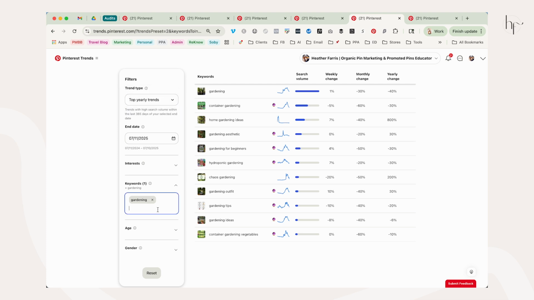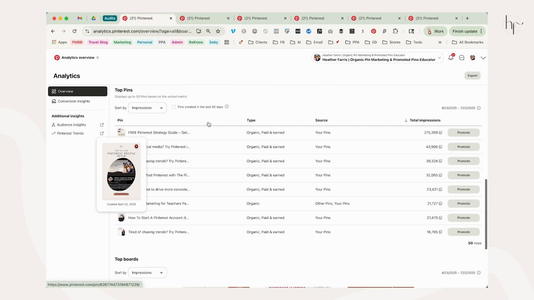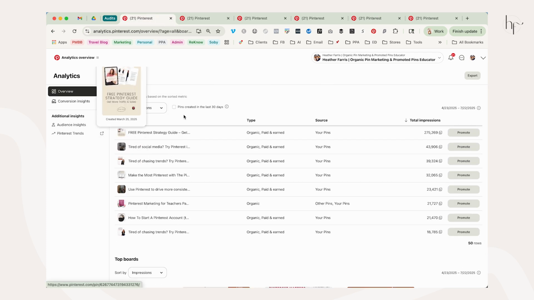And then if you wanted to add a bunch of keywords in here to get more stuff to come up in this table, you can also do that and look over more of your particular keywords. Just make sure that you're matching them from your board topics and your pin titles, because that's really the main places that these keywords are going to live or be obvious to you what keywords you used.